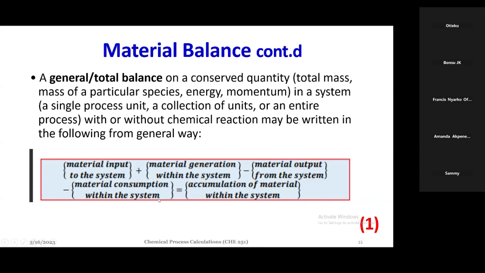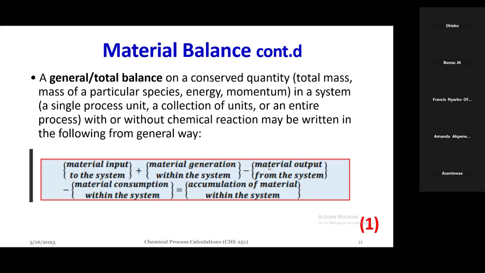That 7 means that 7 should be equal to the amount of both the salt I placed in and the sodium which was generated, the amount which has been accumulated in the system. So when I open my reactor, I'm expecting to see 7 kilograms of both the salt and the sodium present in the reactor. We are looking at the general, or overall, material balance equation, which is material input to a system plus the material generated in the system,